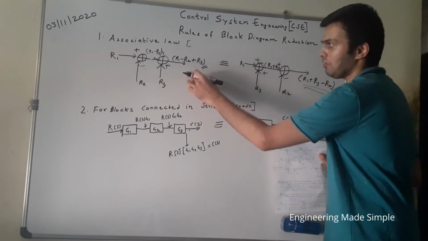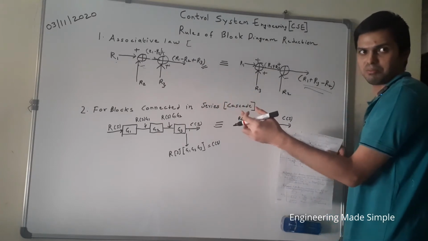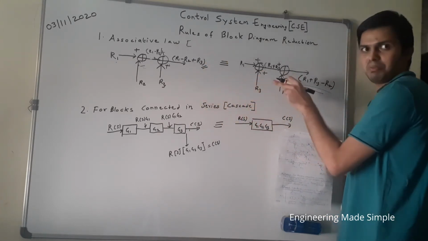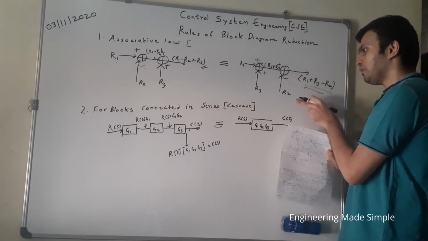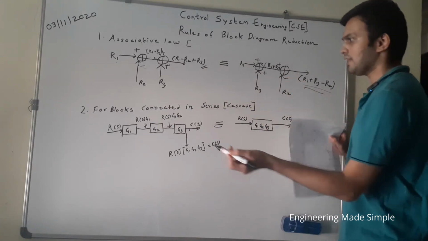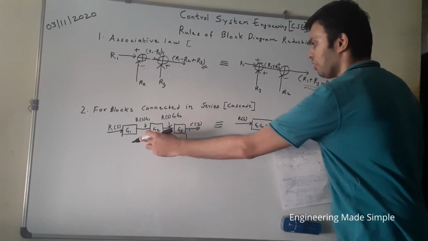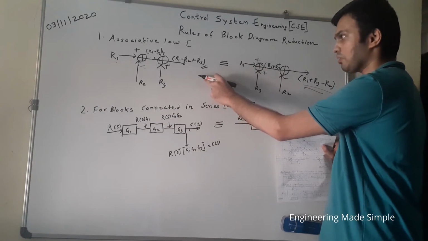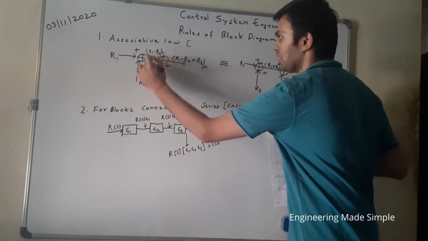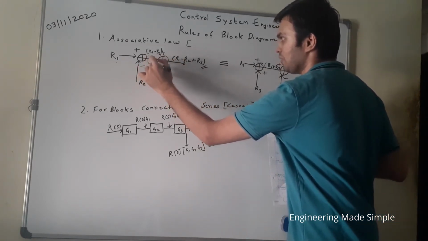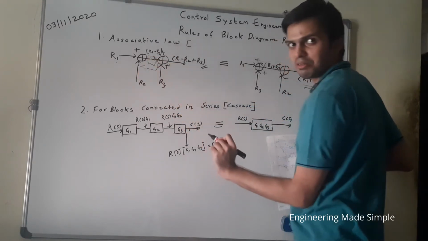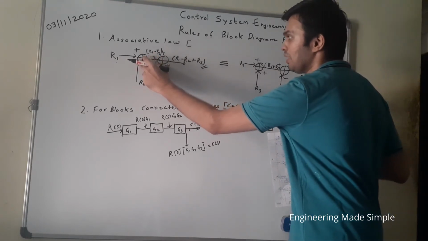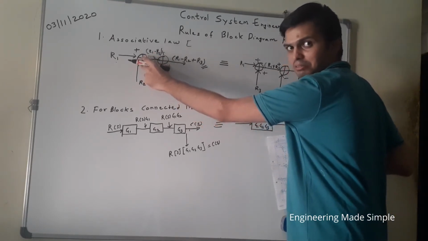Now when we solve examples on block diagram reduction, there will be certain cases where interchanging of summing points would be advisable, so you will do it in this fashion. Now one more important point related to the first rule. If you have any gain block present over here, or some takeoff junction is present over here, then you can't apply this rule. This rule is applicable only when two summing junctions are directly connected to one another.